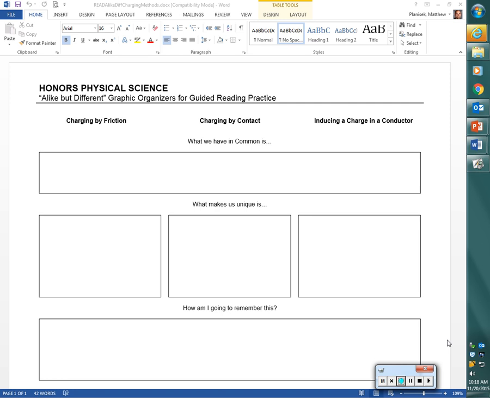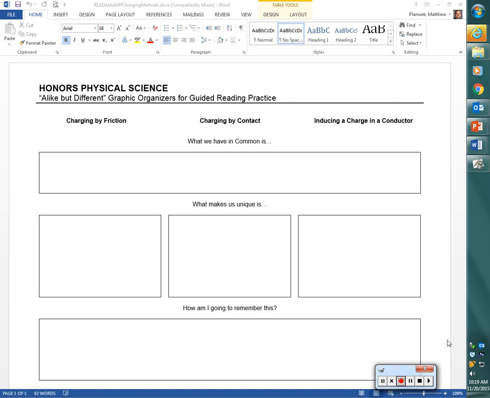All right. What makes them unique? With friction, there has to be rubbing. Let's go more generally with movement. There has to be some kind of contact, some kind of movement, and as those two surfaces move across each other, electrons are transferred from one to the other. Charging by contact, there has to be touching. This sometimes also goes by the name conduction, as I called it in your outline yesterday. Charging by conduction. Now,